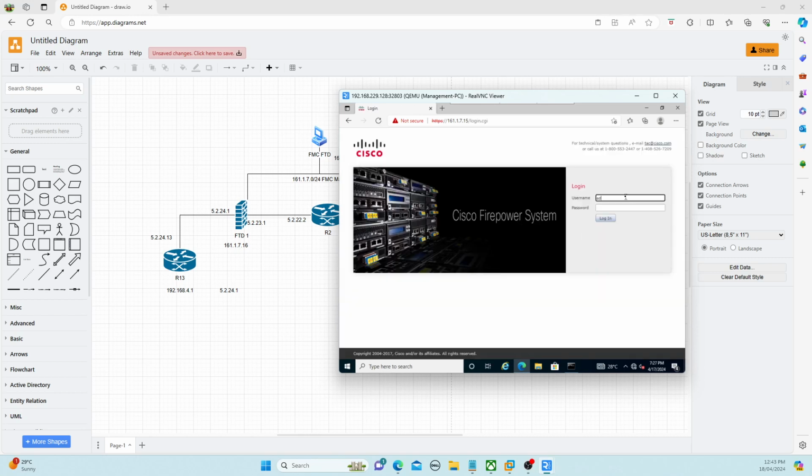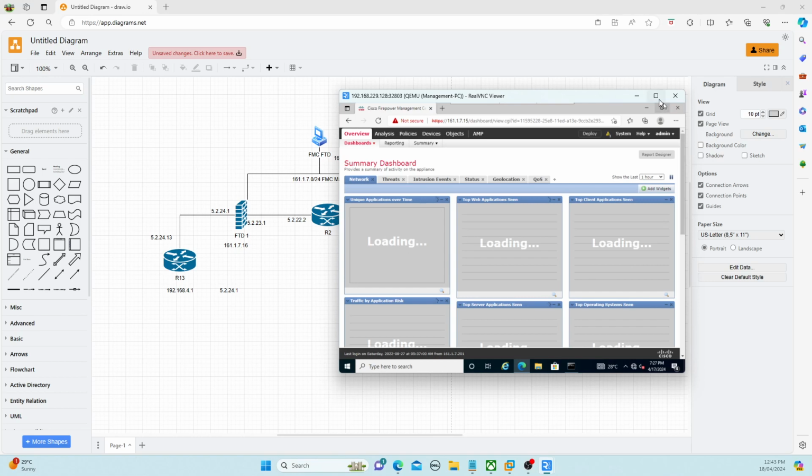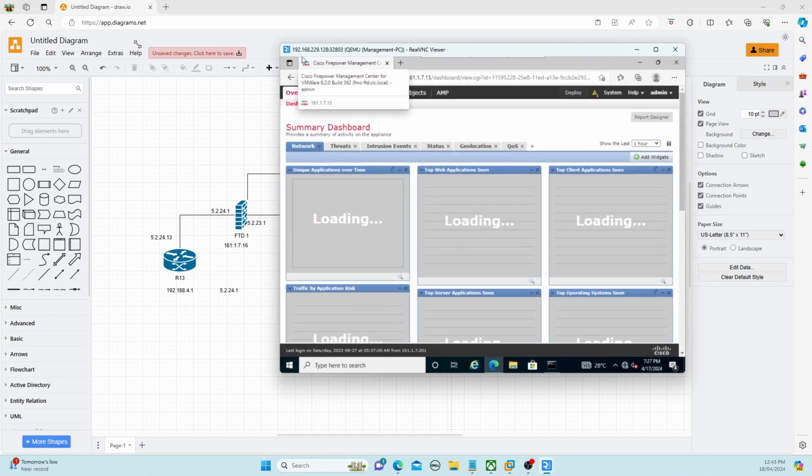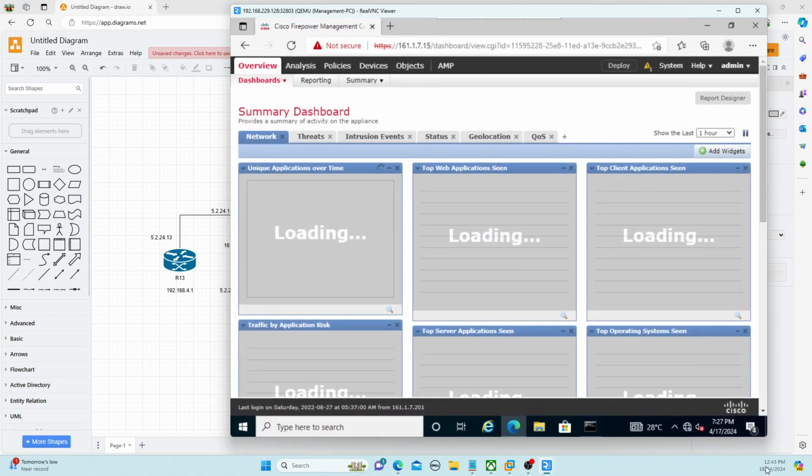Let us put in admin. It will take some time to log in. It usually takes some time. Before we go ahead with the configuration, let us first install